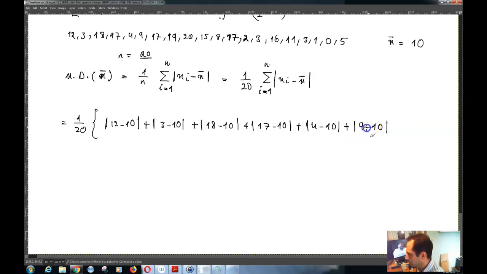I think we will have some formula for this. Plus the absolute value of 17 minus 10, plus the absolute value of,